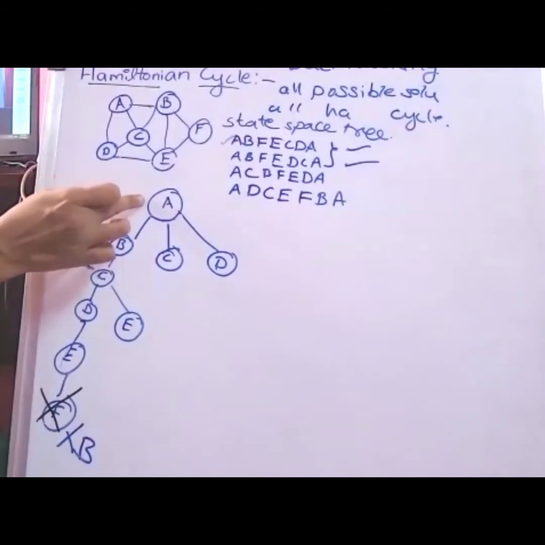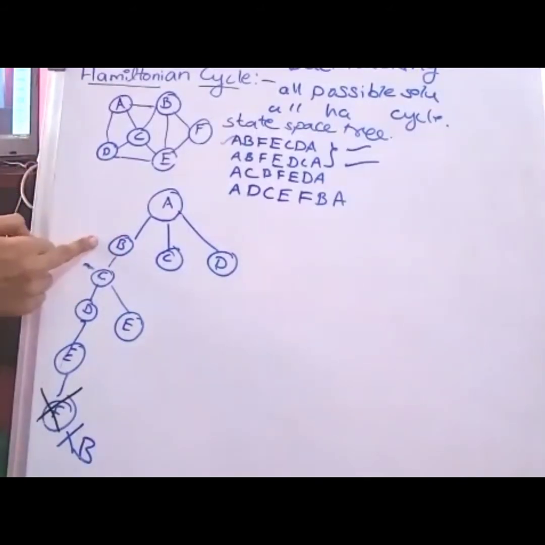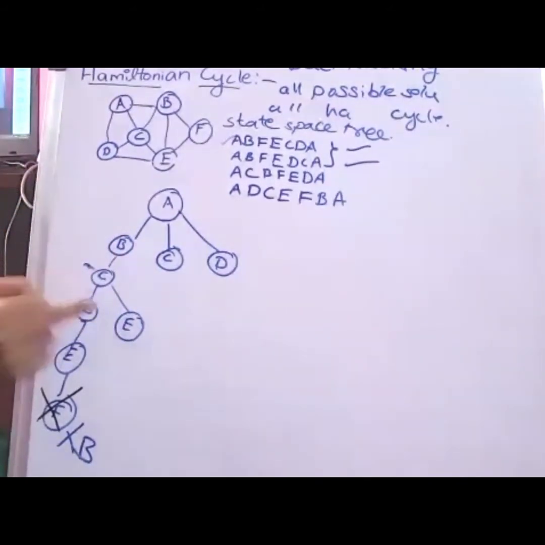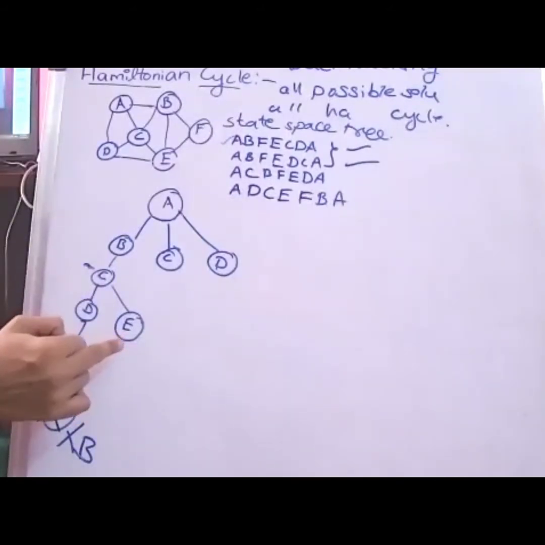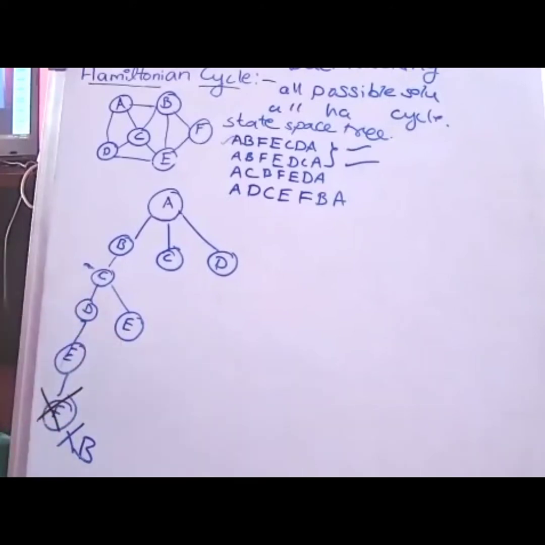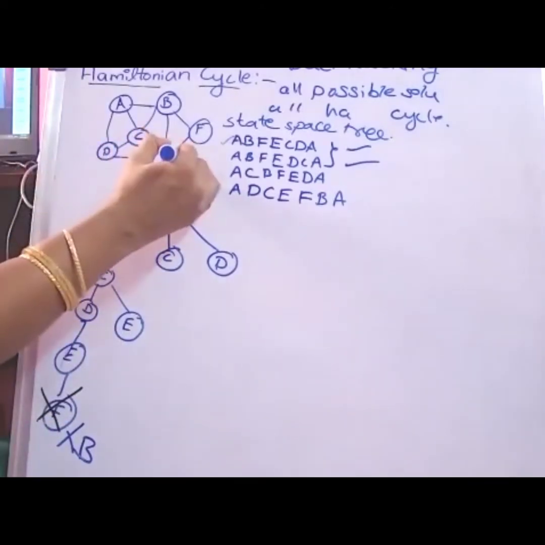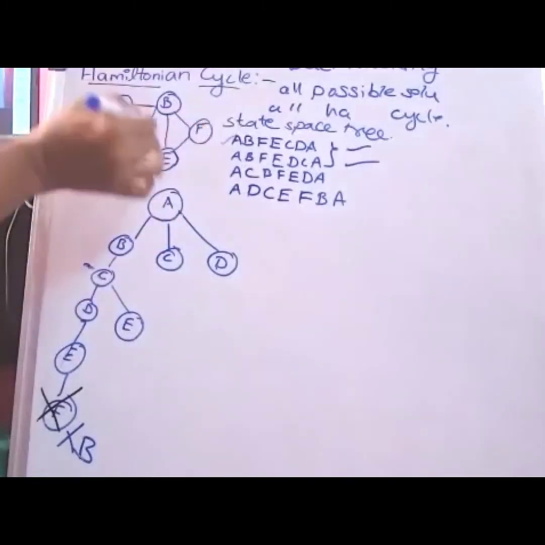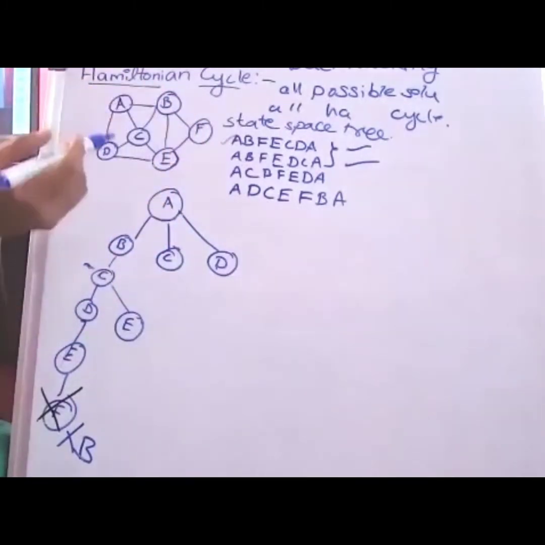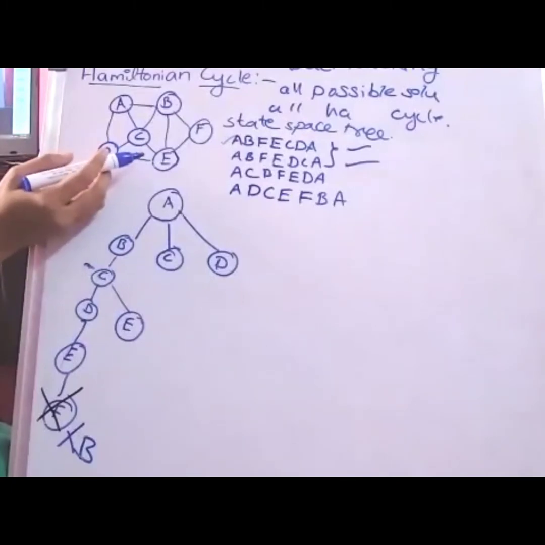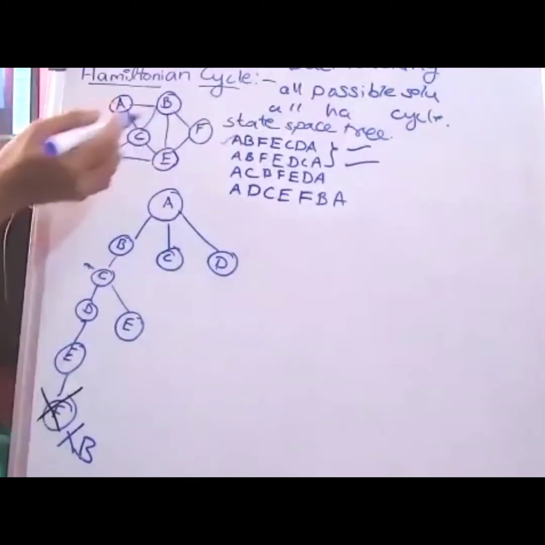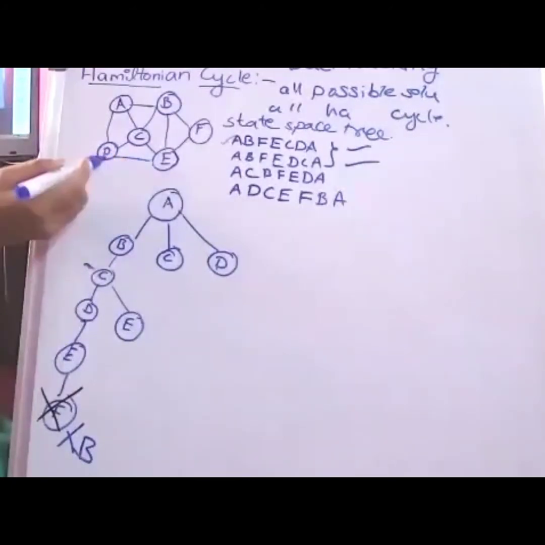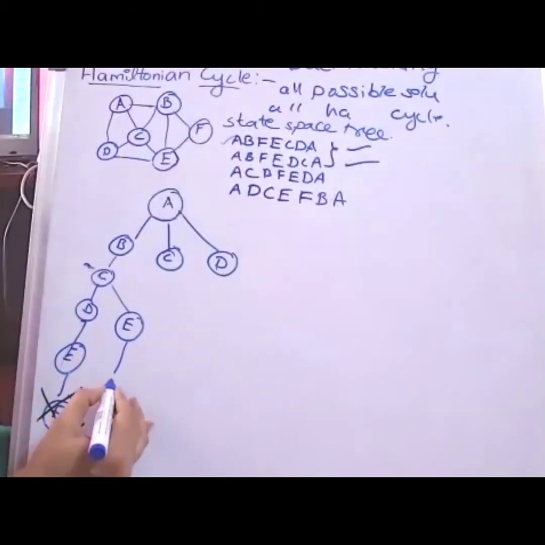In this, till now what we visited? A we visited, B we visited, C we visited. Now E we visited. From this point I am trying to visit the unvisited vertices. Is there any path? I am checking. From E there are three connectivities: B, D, and F. So from E, I am trying to visit the unvisited vertices. From this point, these two I need to check. From the first, I am selecting D. I am selecting D here.